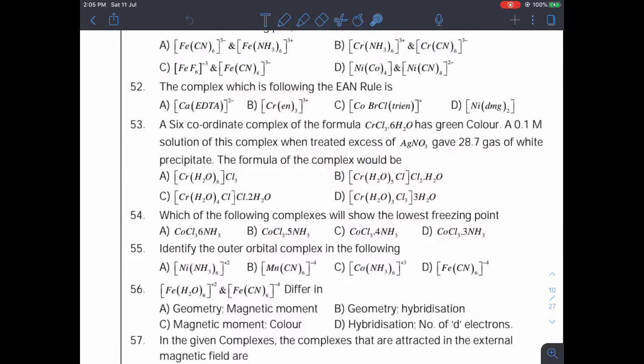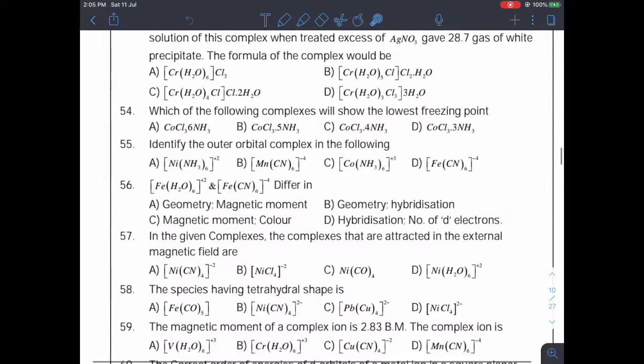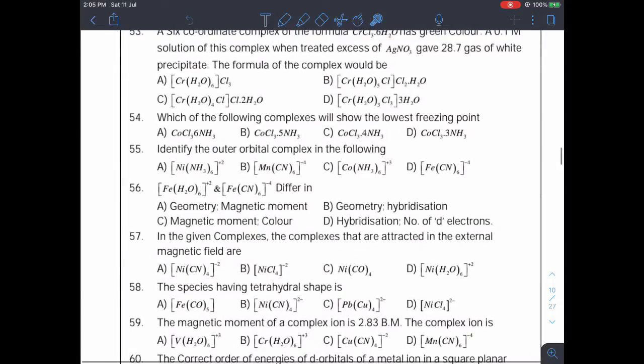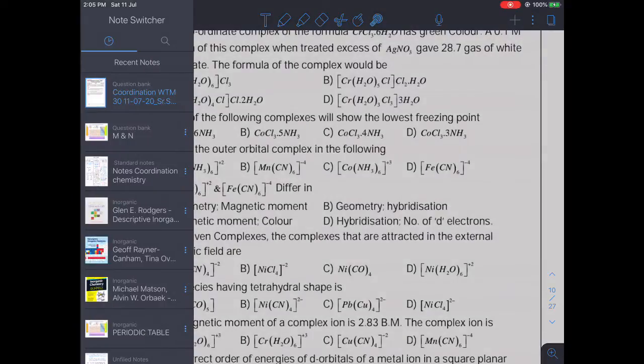Now moving to the next question, 54. Which of the following complexes will show the lowest freezing point? This is very, very important. Lowest freezing point, first of all, let us understand. In a solution of a non-volatile solute,